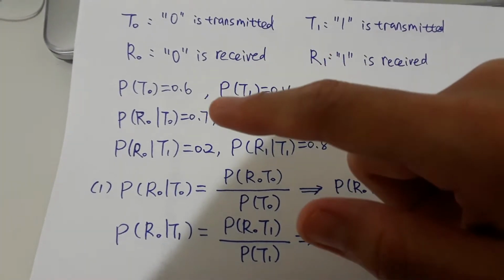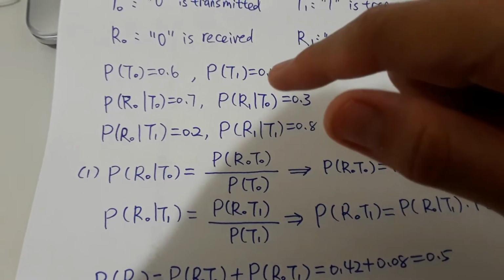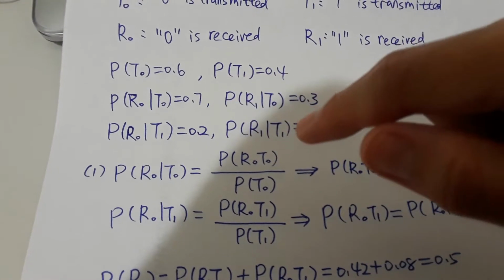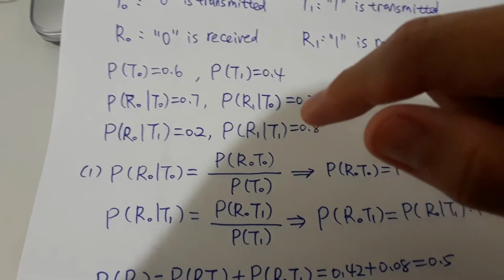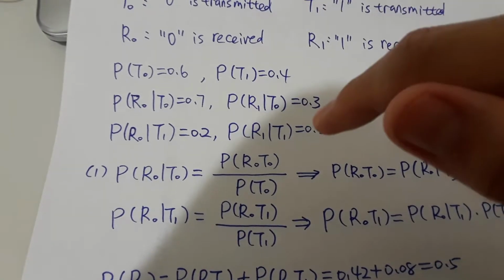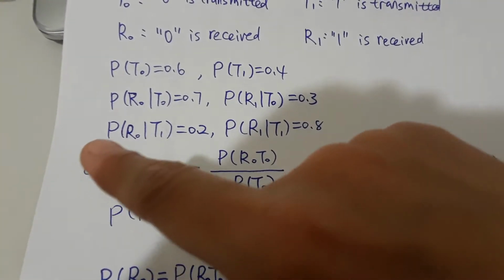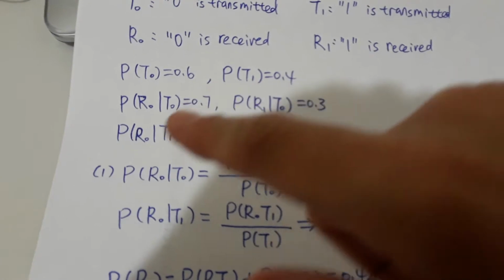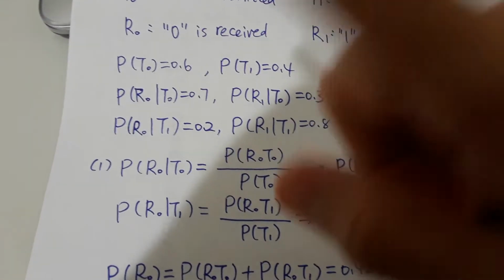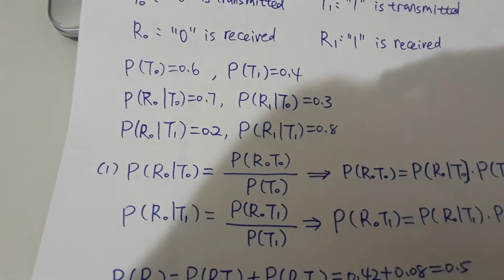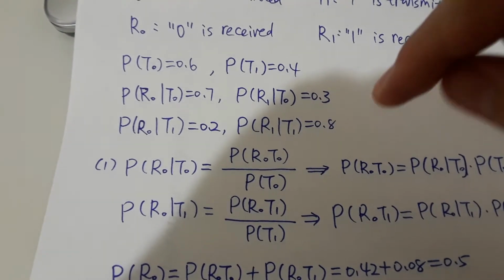0.4, and moreover, the probability of receiving 0 given signal 0 was sent equals 0.7, and the probability of receiving signal 1 given 0 was sent equals 0.3, and the other thing we know is the probability of receiving signal 0 given signal 1 was transmitted is 0.2, and the probability of receiving signal 1 given signal 1 was transmitted is